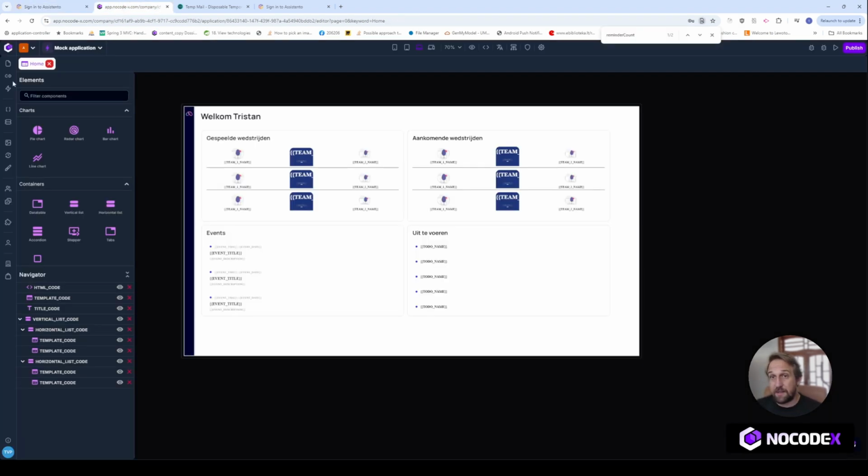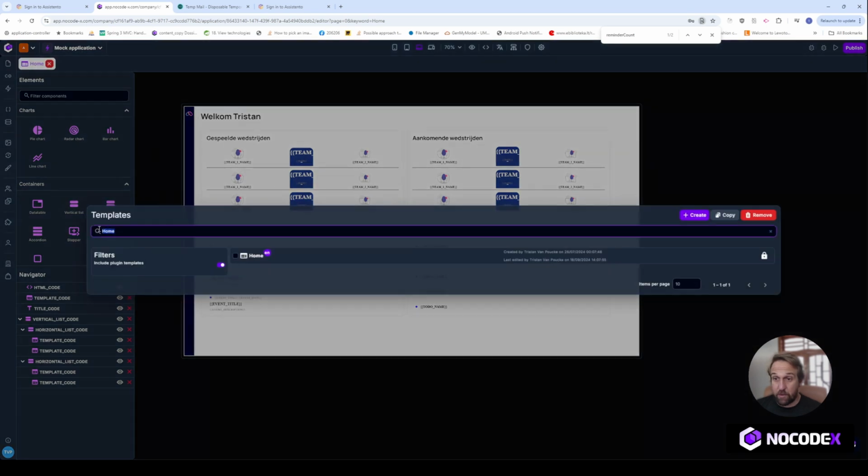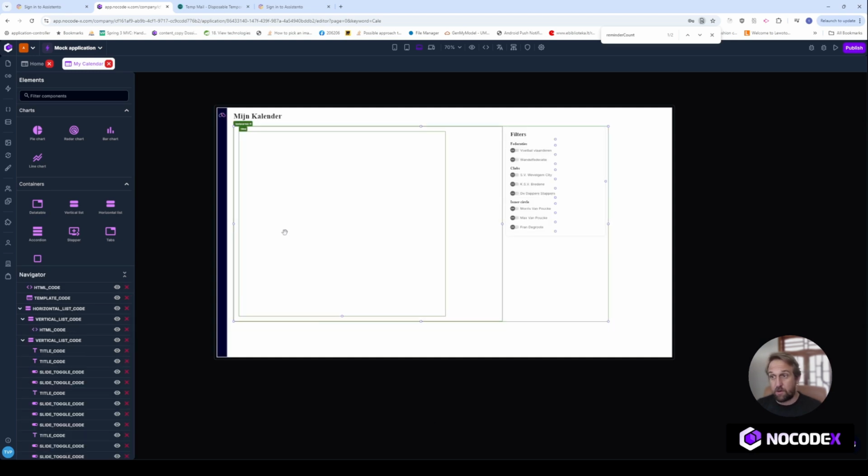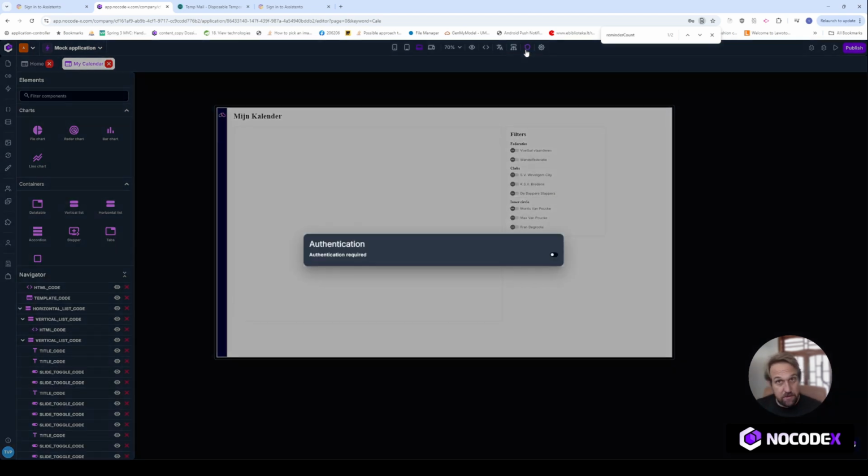Now, of course, this application has more than one page. For example, I have a calendar page, which we are also building, and authentication is not switched on for this page. I could go through all the pages of this application and switch it on, and then it would be required to authenticate to use every single page of my application, but that's a bit